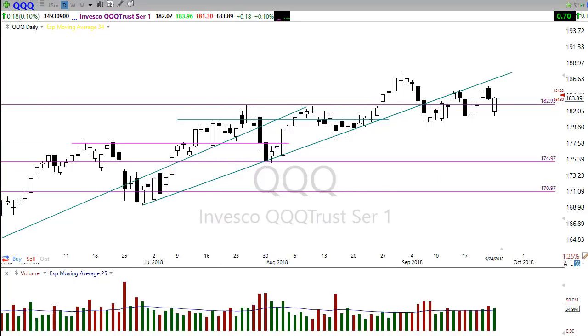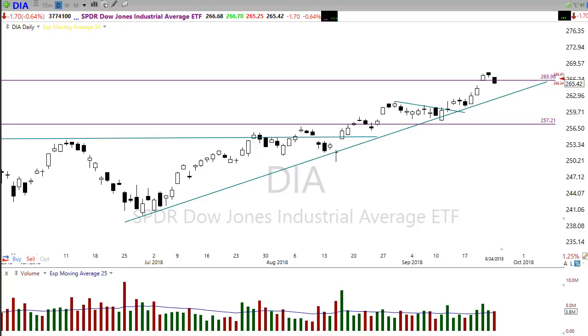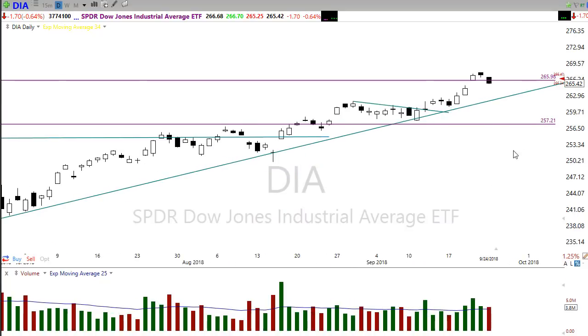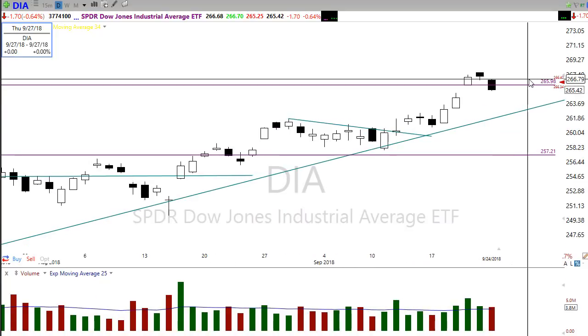It's just a little bit odd where we see two of the major indexes being completely out of sync that way. Now, consequently, the Dow pretty much closed the day almost at its low, but this morning we're seeing the futures pointing to a gap up open of some significance, right now about 80 points in the Dow. So essentially we're removing basically half or better than half of yesterday's sell-off at the open here in the Dow. So the Dow is holding above its trend, and it looks like at the open we should recover